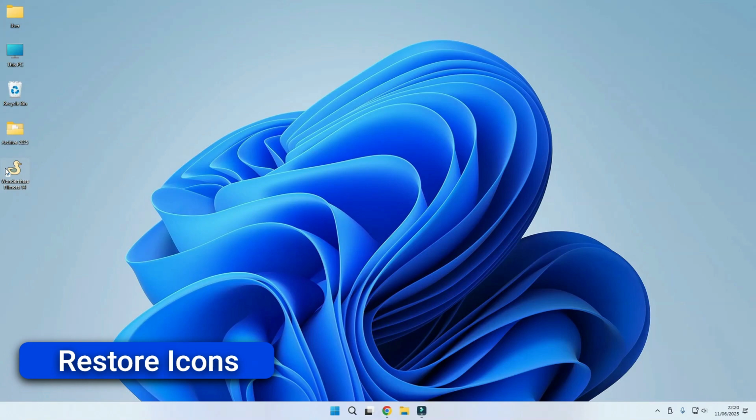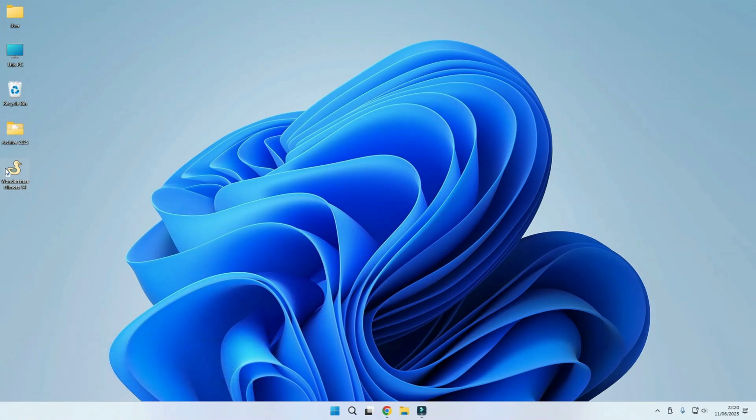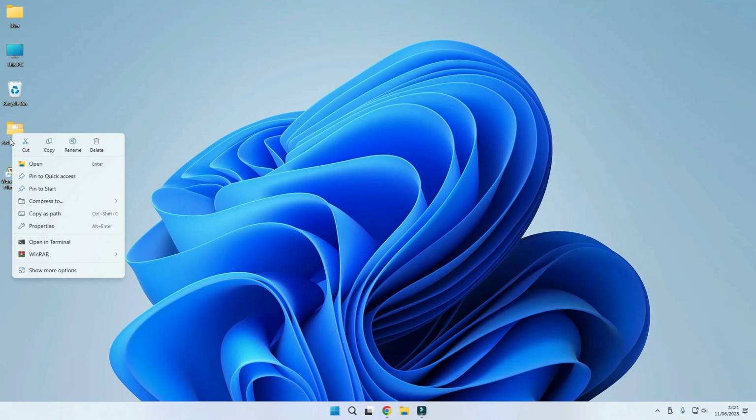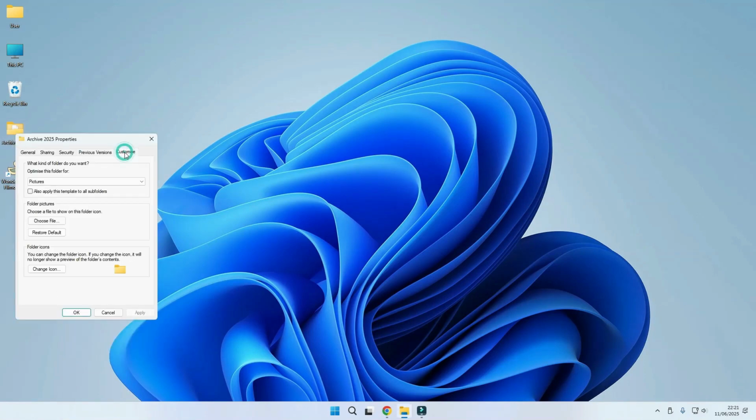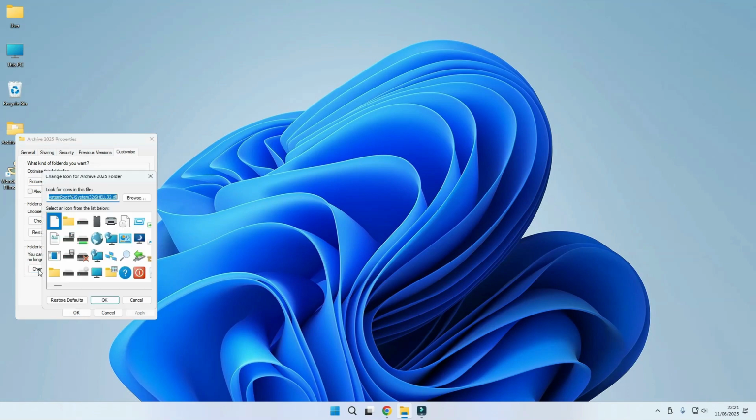If you want to restore your original icons, this is how you do it. I'll leave the links in the description for all the places you can find the default icons. Right click, go to properties, show more, then go to properties, click on customize, change icon,